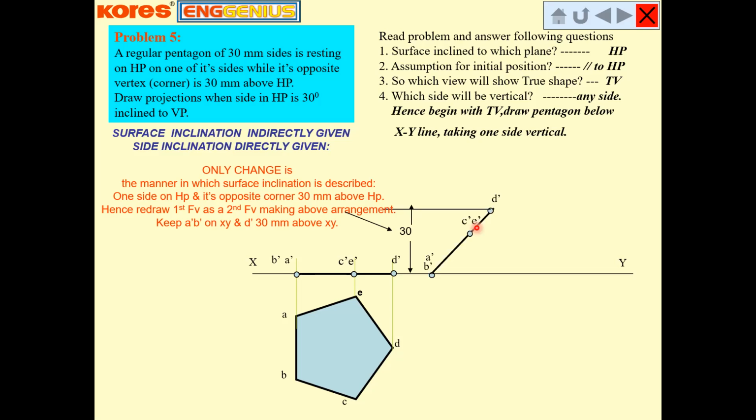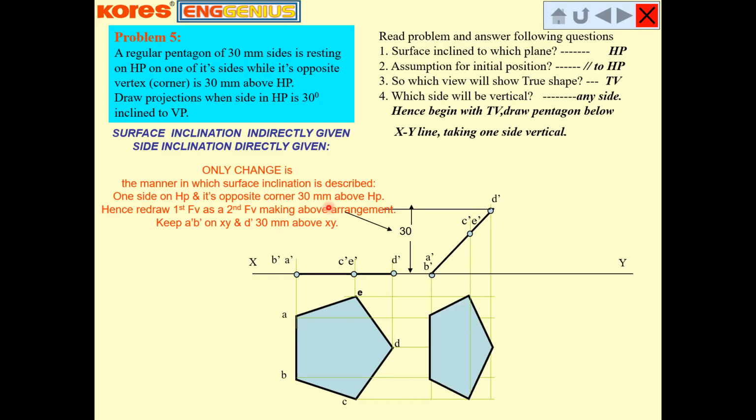After that, same as the previous drawing, you need to take the vertical projection in the downward direction, horizontal projection from the previous top view, find out the adjacent point. That projection coming from the A dash and A will give you the new location of the point A. Similarly, B dash and B, then C dash and C, D dash and D, similarly E and E dash. So this is our new top view.